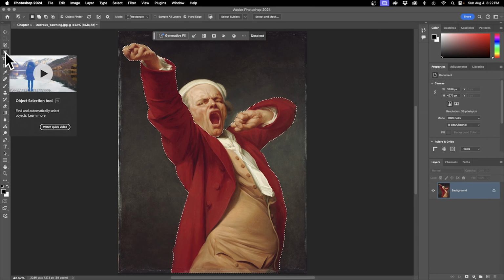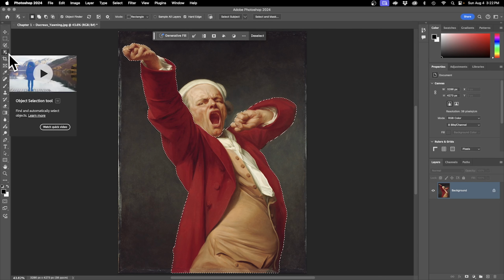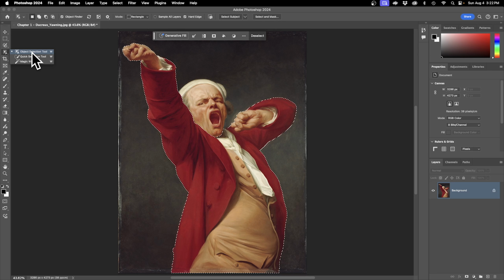I'm going to grab this tool. In fact, actually what I really want is the tool under it. Notice that each one of these tools has a little mark in the bottom right. That tells me that there are similar tools nested together. So I'm going to click and hold on the Object Select tool. So again, I'm clicking and holding on the fourth tool down, and I'm going to pick the Quick Select tool,